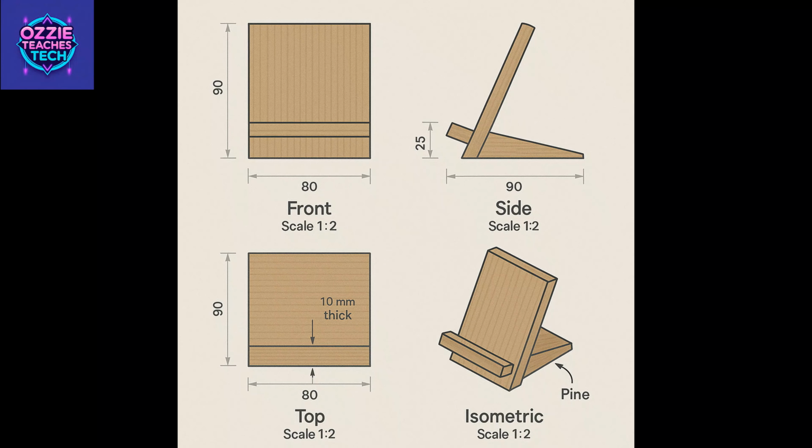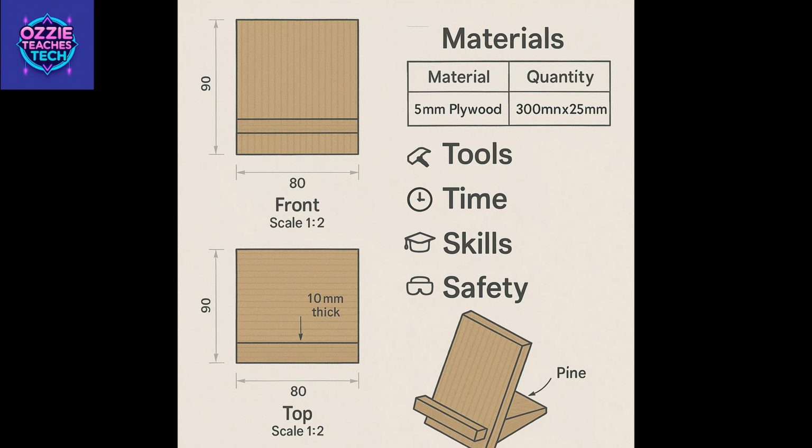Drawing 4, the 3D isometric view. It shows how it all fits together. It has labels for each component and also shows assembly notes. My requirements list would include materials, which include pine wood, 15 mm thick, 300 mm by 200 mm piece, sandpaper, 120 grit and 240 grit, 2 sheets each, wood finish, clear varnish, 100 mm, non-slip rubber pads, 4 pieces, 10